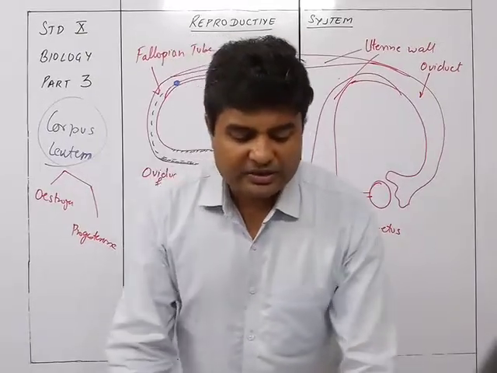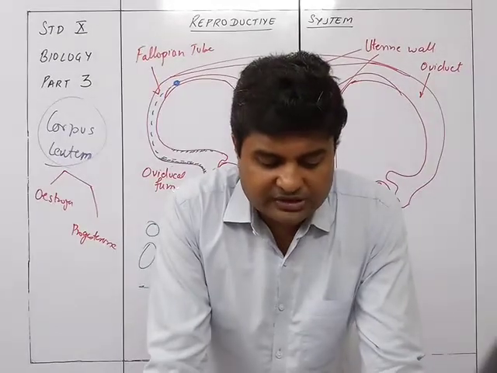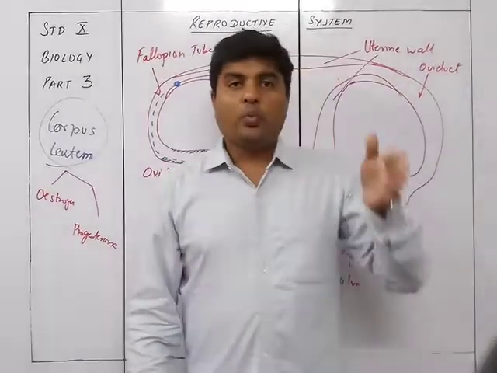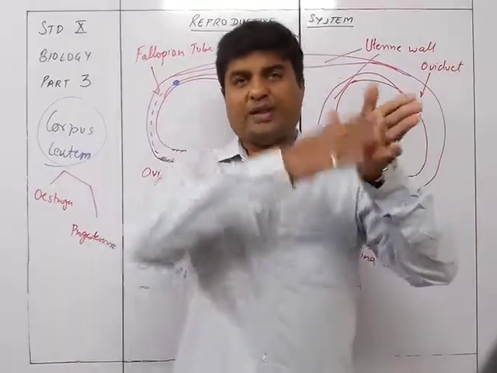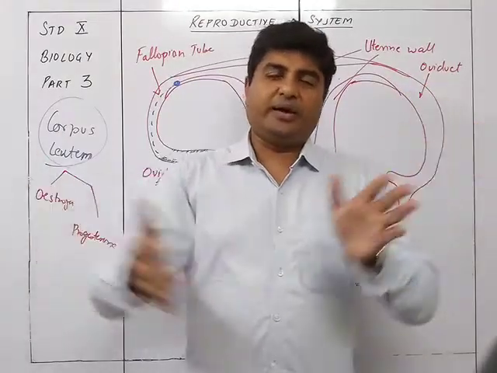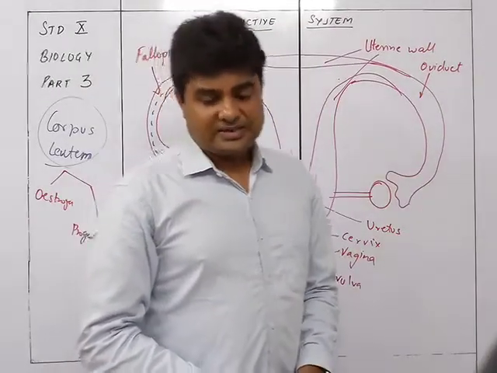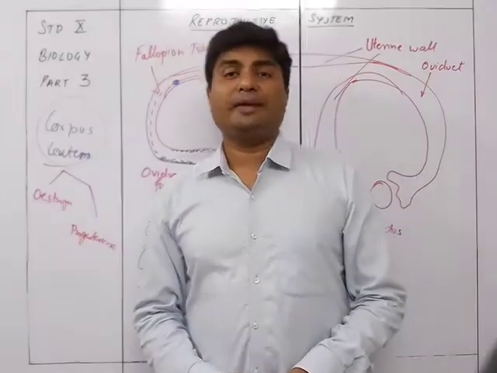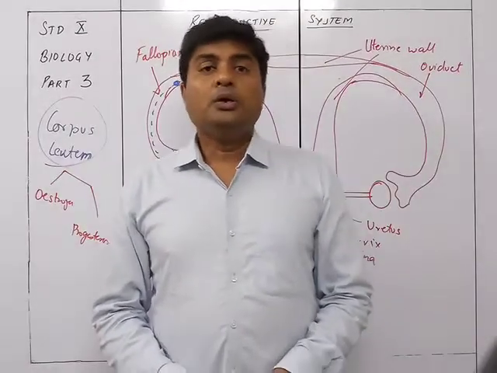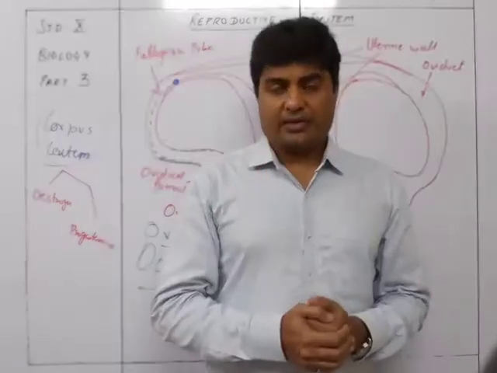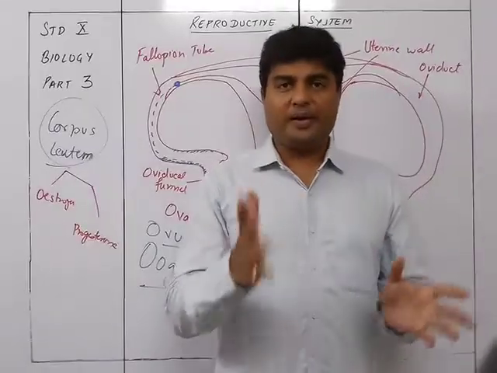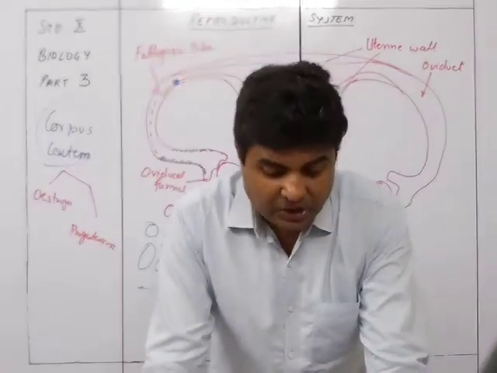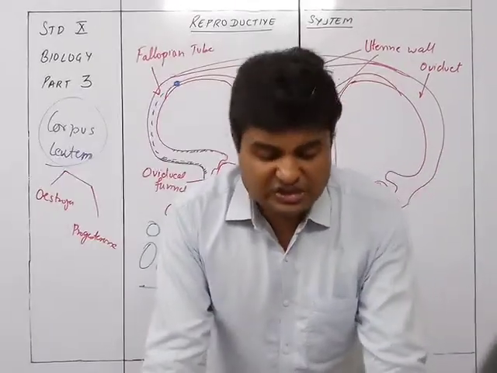Now the period of the menstrual cycle is counted from the day of the onset of the flow to the next onset after 28 days. So from the onset of the flow to the next onset, that complete period is called the menstrual cycle. The first phase is called the menstrual phase. This is a 4-day phase, approximately. It is not completely 4 days, but normally it is 4 days. It lasts for 3 to 5 days, during which blood is discharged.